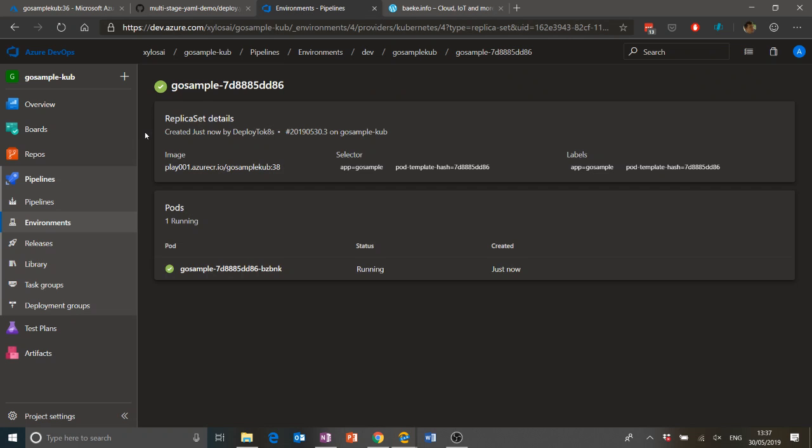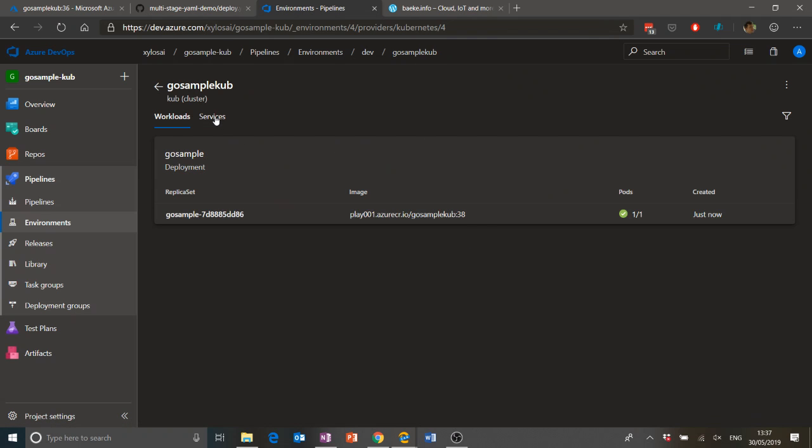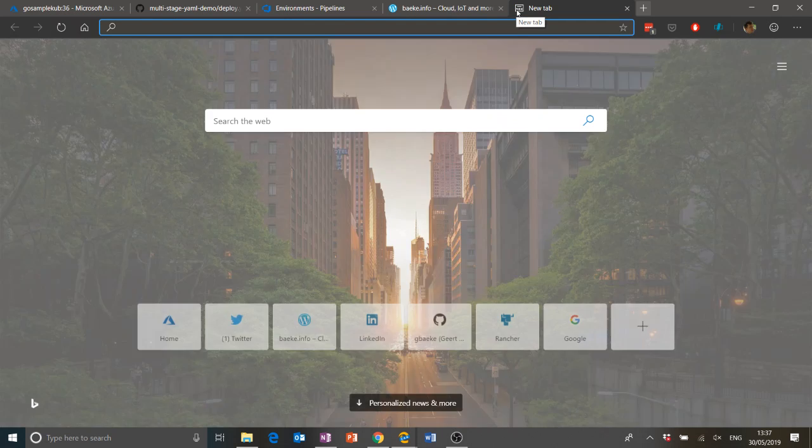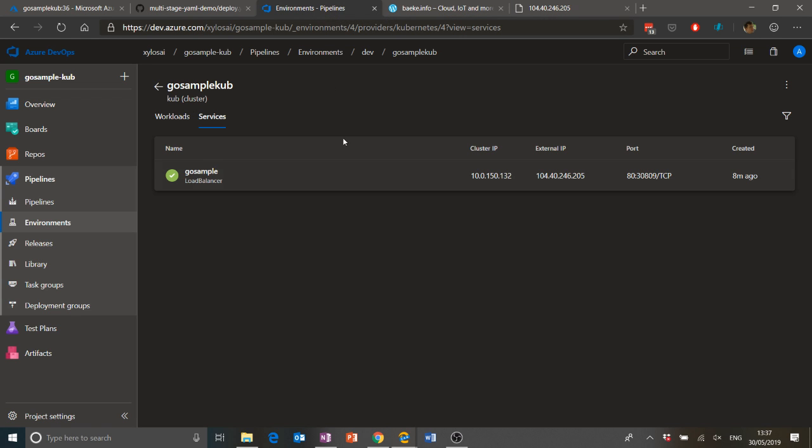Now I also have a service that was deployed. If you click on services, there you see the actual external IP of the service. If I check this out and I go there, you see the response of my Go program. Isn't this well? Well, not really, but okay, it's just a demo to show how that goes. Right? So if I go back to my pipeline